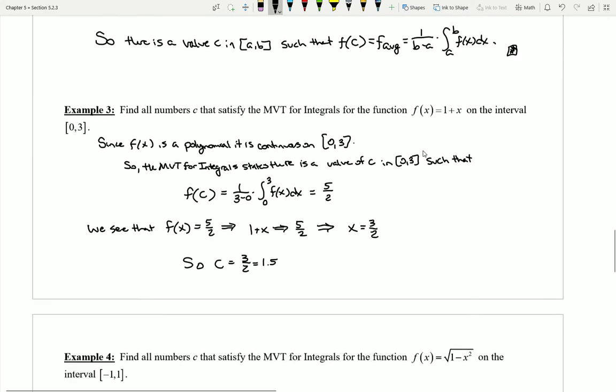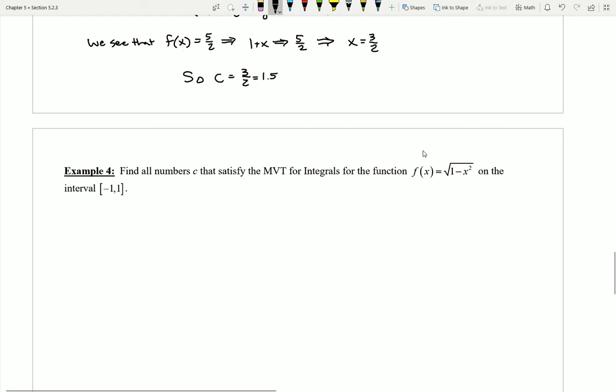So let's see. I'm going to go ahead here and first confirm that I do indeed have a continuous function here. Notice I have a root function, which should be continuous as long as the inside never turns into a negative number. However, since I'm only using values between -1 and 1, and -1 and +1 themselves, this at smallest will ever be 0 on the inside. So I can state here